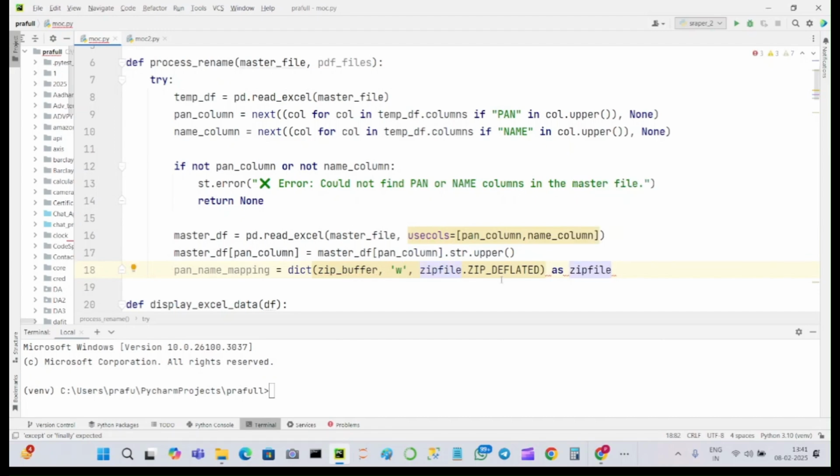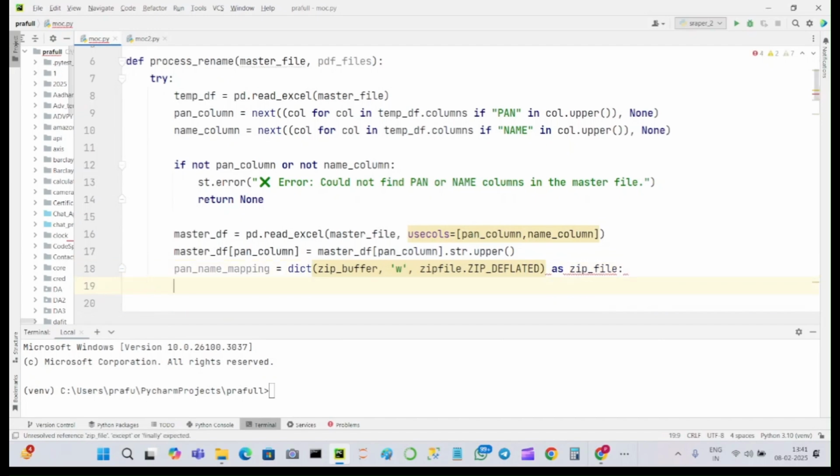Let me correct this. Control C, control V. Here I have to write zip_file. Okay, inside of that